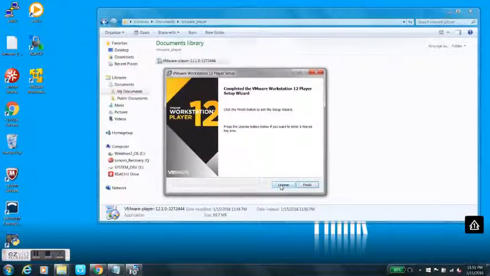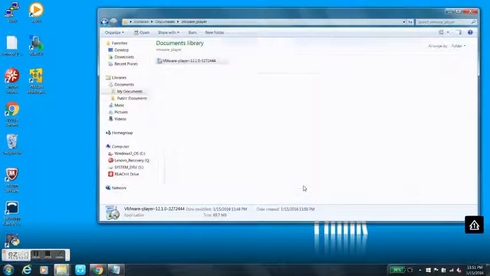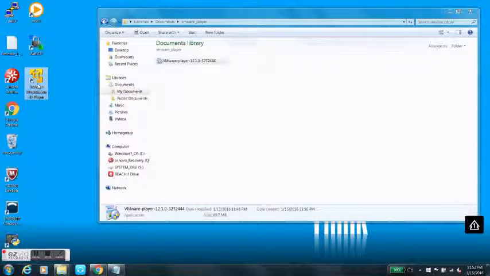Okay, so it says completed the VMware Workstation 12 player setup wizard. So finish, and then you will get this icon on the desktop. If you double click this,